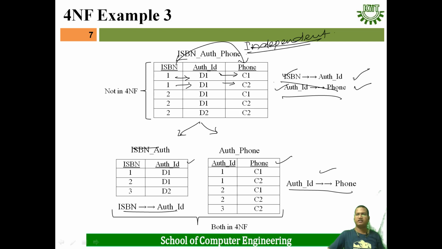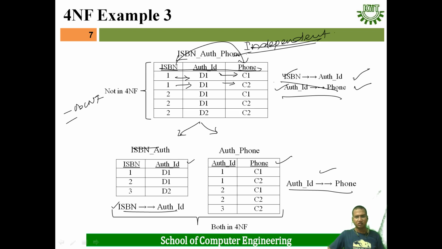And whenever independent attributes are there, at that moment redundancy increases. That will create problems. That's why it should be avoided, and that's why we break this table into two tables. Okay. In this case, multi-value dependency is there. And what will be the key in this case? In the first table, all attributes combined become the key of the table. That's why it is in BCNF.